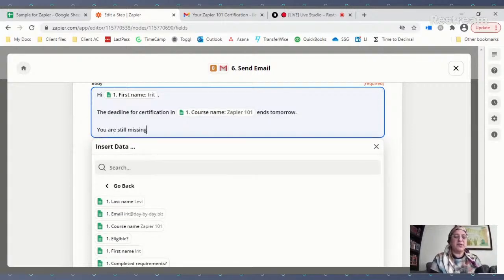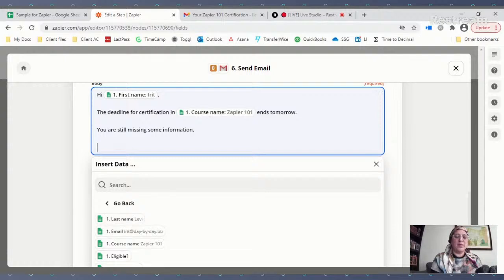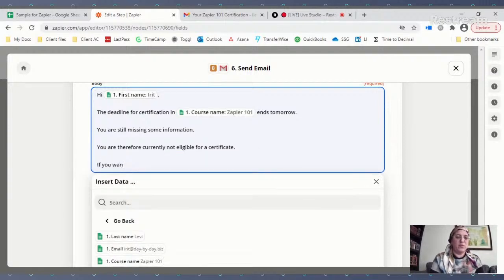You are still missing some information. Again, if we had what they were missing as part of the Excel sheet, we could insert that there and say you are still missing A, B, C, D, and E. All right. You are therefore currently not eligible for a certificate. If you want more information, or if you want to submit, or again, whatever your call to action is, you can